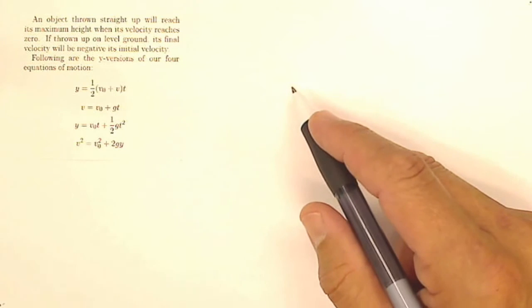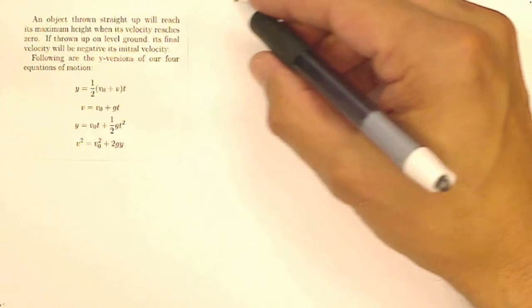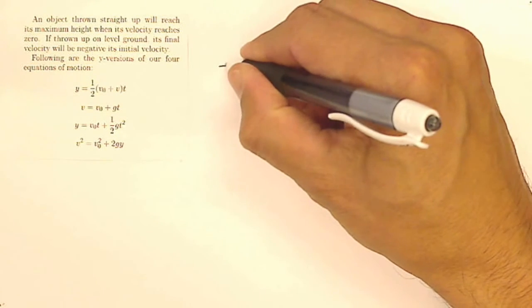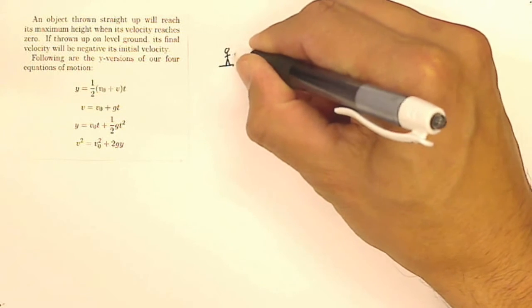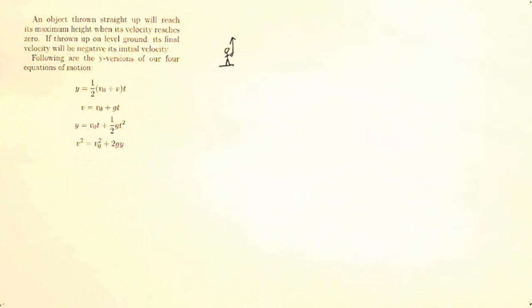This is the introduction to homework 2.4 for AP Physics. This homework deals with free fall. And to discuss free fall, there are a couple tricks that you need to know. The first thing you need to know is that if you are standing here and you throw a rock straight up, or any object straight up,